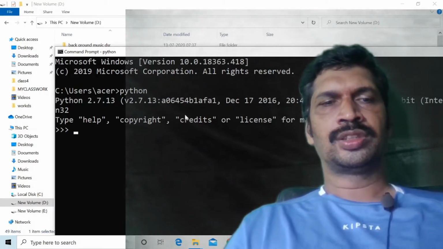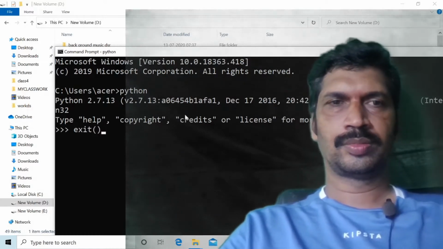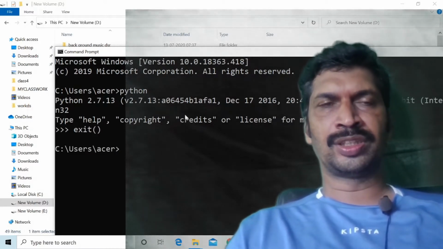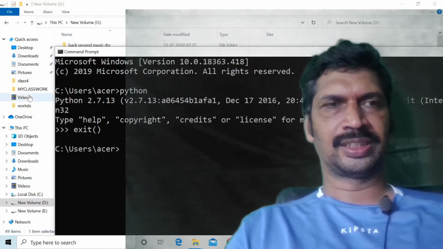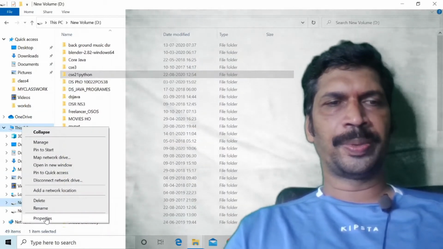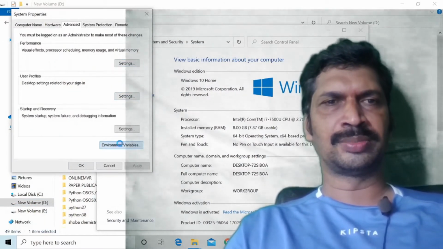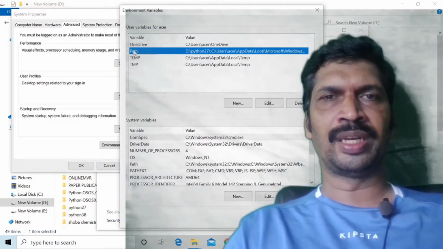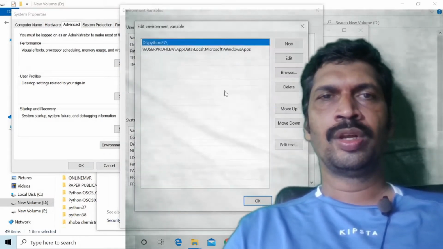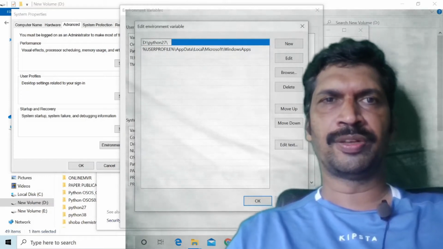Suppose I want to change from this version back to Python 3, Python 3.x. Once again the same process: go to This PC, properties, which takes only a matter of seconds, advanced system settings, environment variables, path variable, edit. In which folder did we install Python 3? We installed it in the folder Python 38.